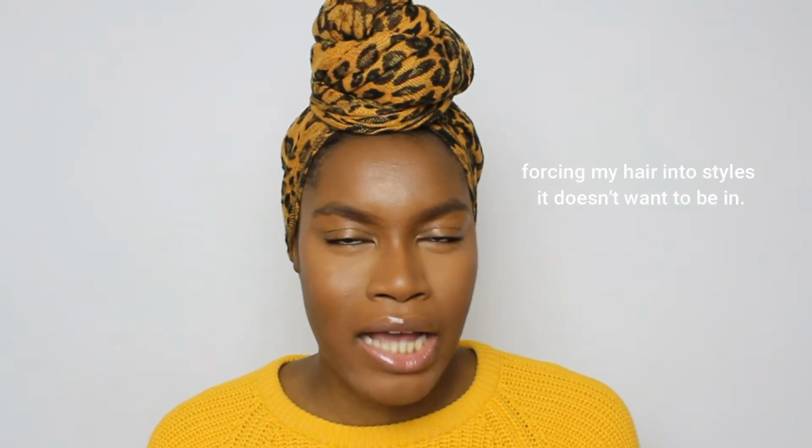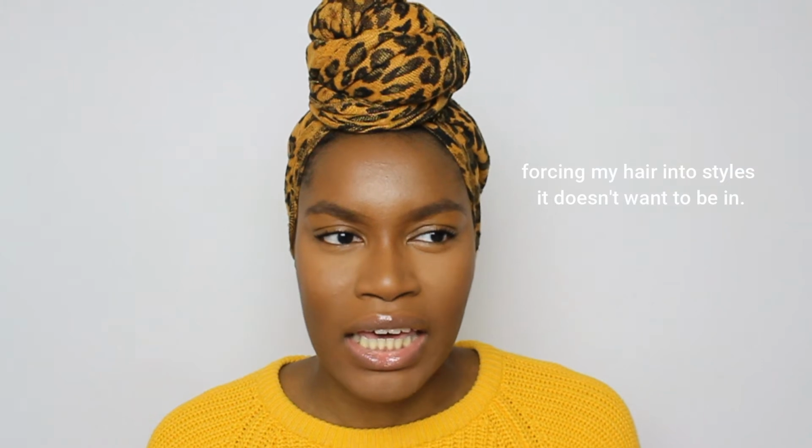And my last tip is, it kind of has to do with over manipulation, but a little bit different. It's forcing my hair into styles that it doesn't even want to be in. Perm rod sets are really nice. Flexi rod sets are beautiful, but my hair is happy in a twist out or a braid out, a twist and curl, anything where I'm not over manipulating my hair. Like if I have to brush it to smooth it out and get it to lay flat on the